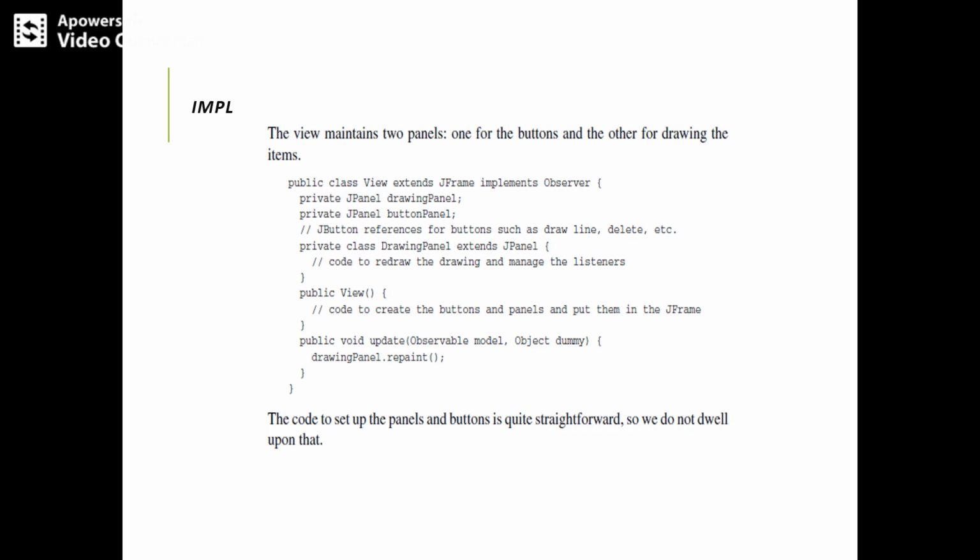Simply we need to take a public view class. How are we going to take that view class? The code creates the buttons and panels, and we put them in the JFrame. Usually we take public static void, with the observable model and an object, one dummy object. The drawing panel dot repaint method will be called here. So the code that sets up the panels and JButtons is quite straightforward,